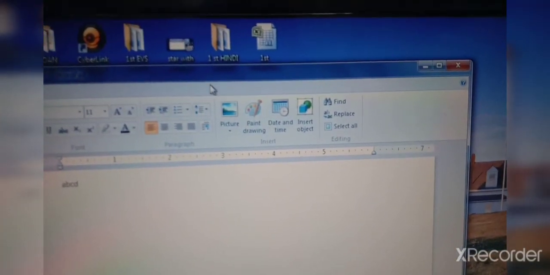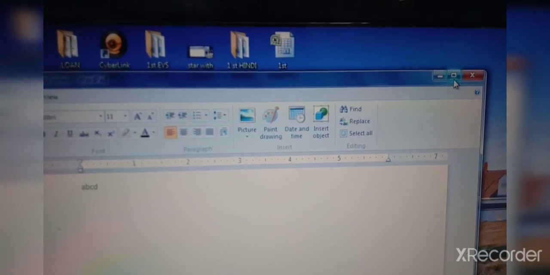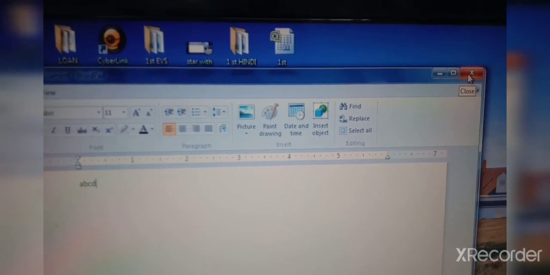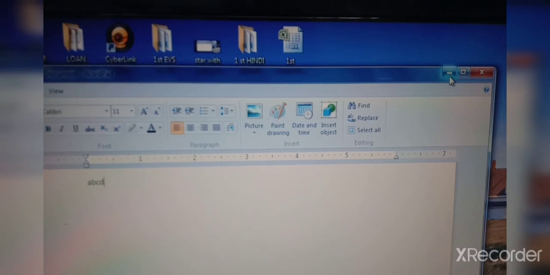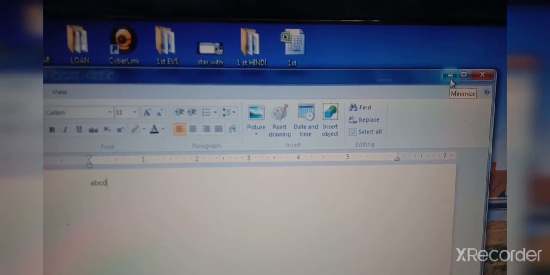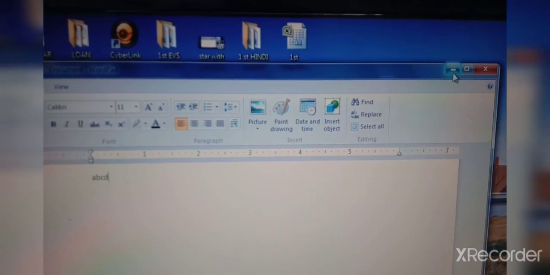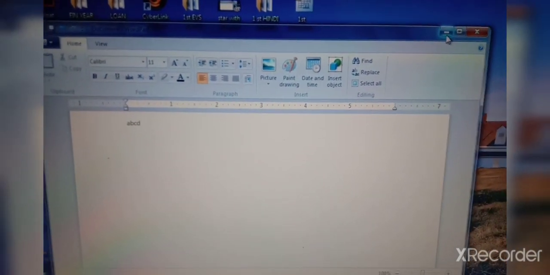Now I will show you these three buttons. Can you see here this minus sign, one box here and this cross sign? Which buttons are these? This is the minimize button. To minimize the screen, you press this button and the screen will get minimized.